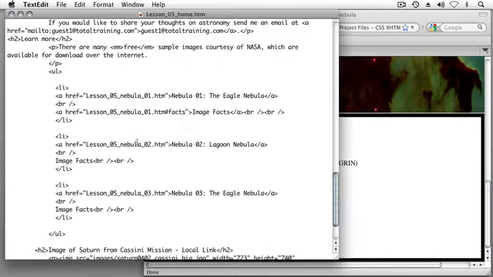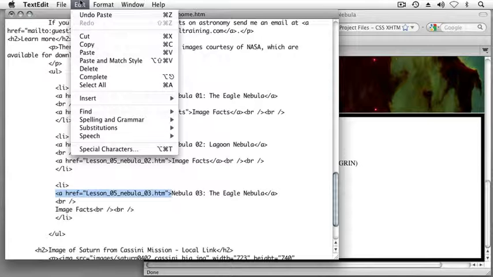Now, I'll switch back to my HTML file and add a link to the facts section for each of the 2 remaining image facts blocks of text. What I'll do is I'll copy the existing links because I know they work. I only need to modify them. Rather than take the risk of making a spelling mistake, I'll copy the link nearby the words image facts in my second list item, not forgetting to grab the closing anchor tag,